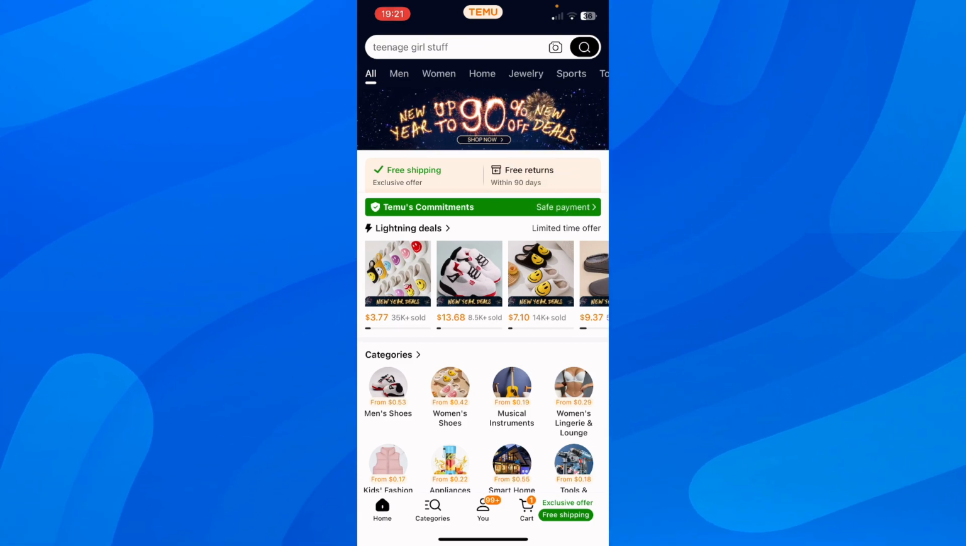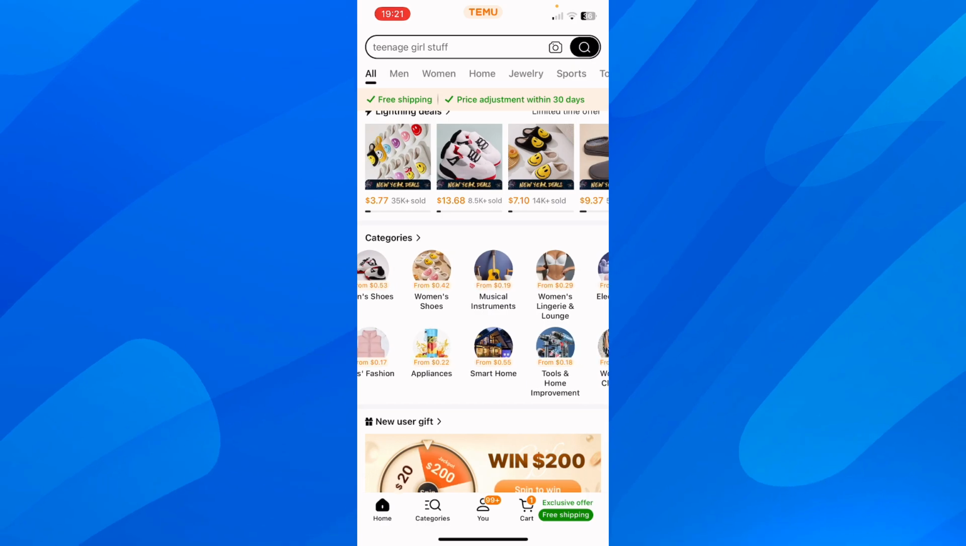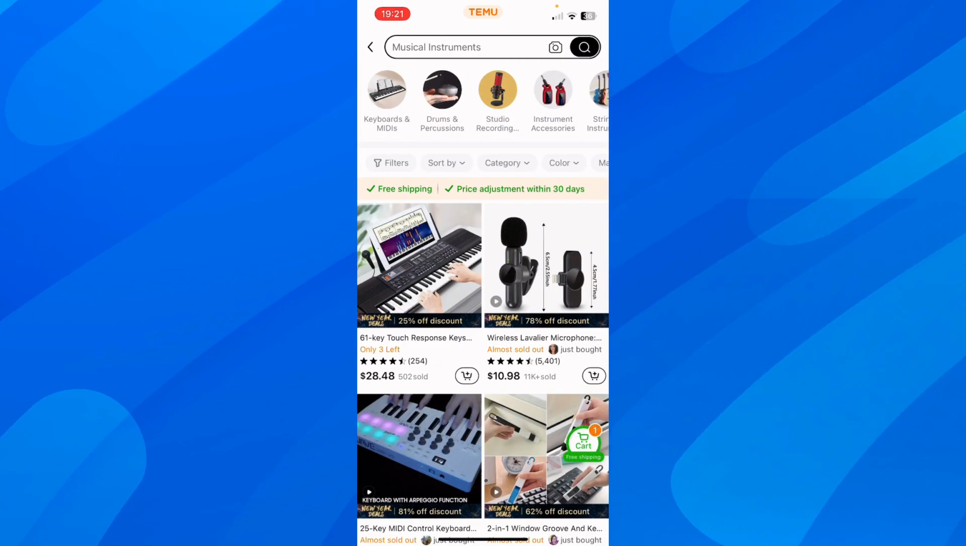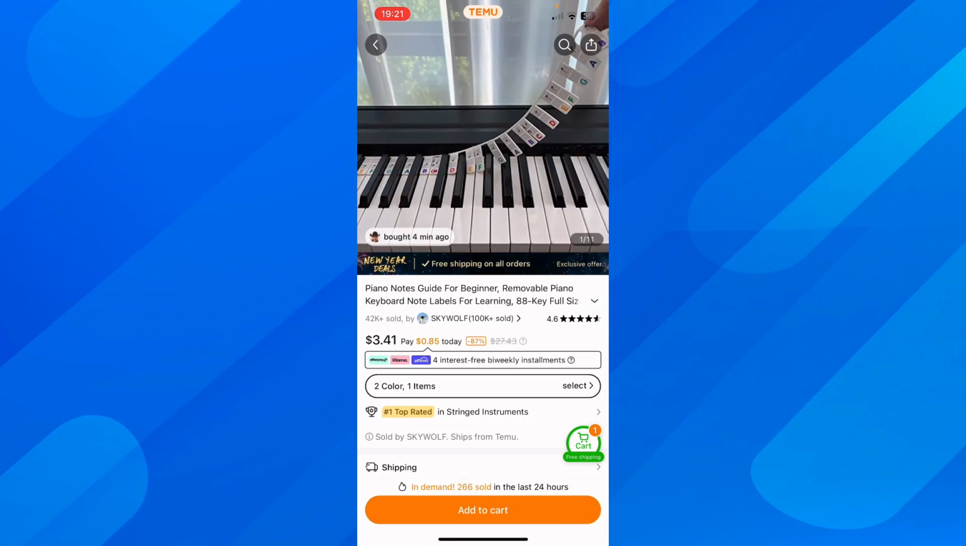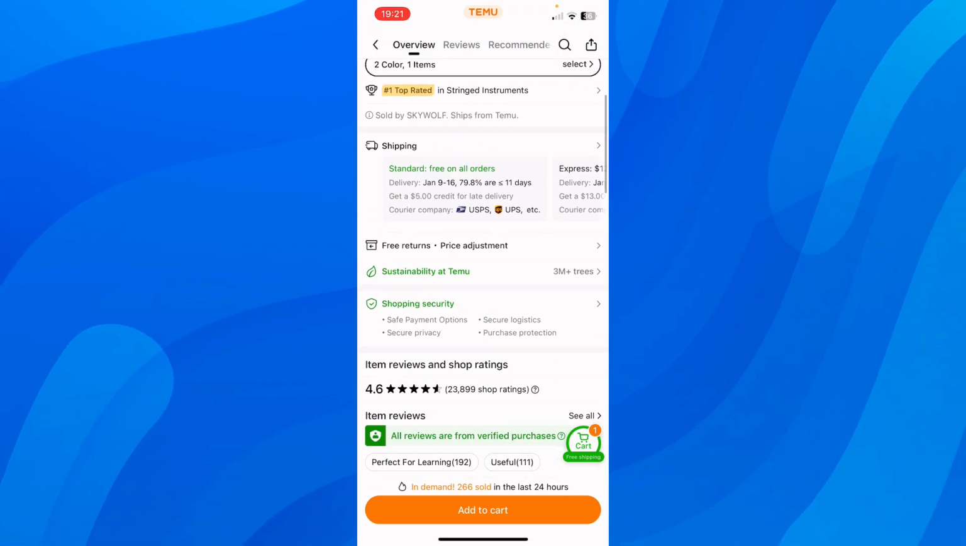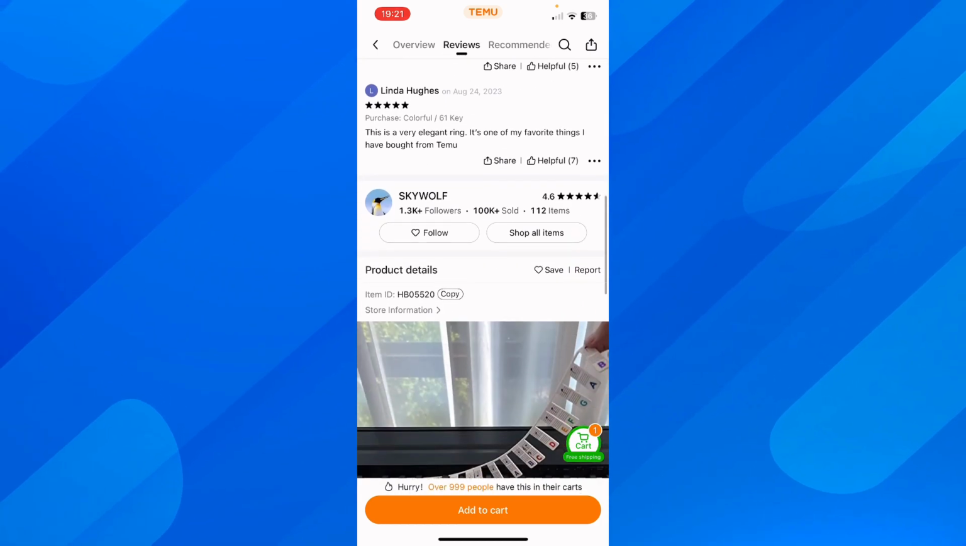So the first step is to simply open the app and then choose your product. I'm gonna go with musical instruments and I'm gonna go with this one here. Then what you'll have to do is simply scroll down and go to product details,